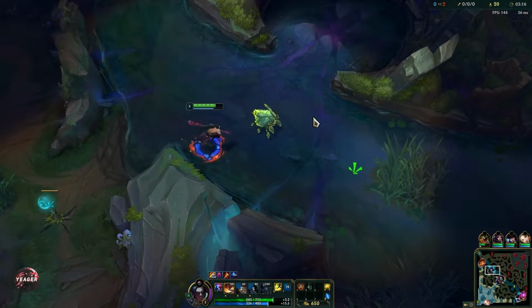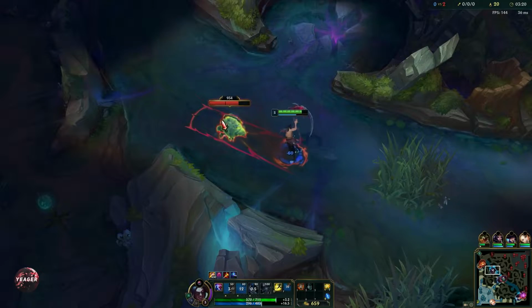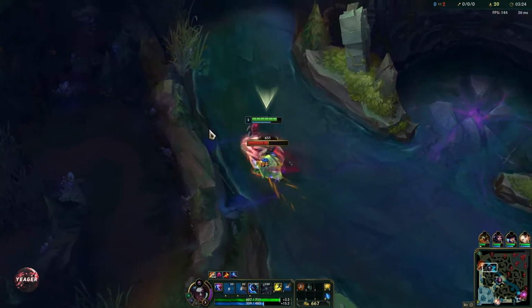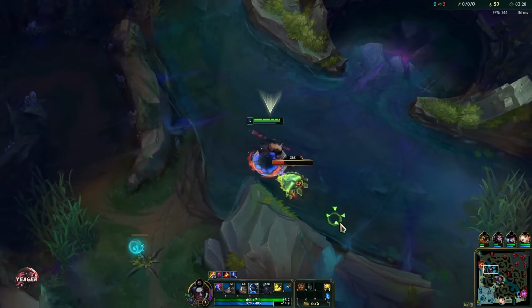I'm gonna take the Scuttle though. We are against the Nocturne. We don't really want to meet him early on. He's going to win. Kayn is mostly a farming champion